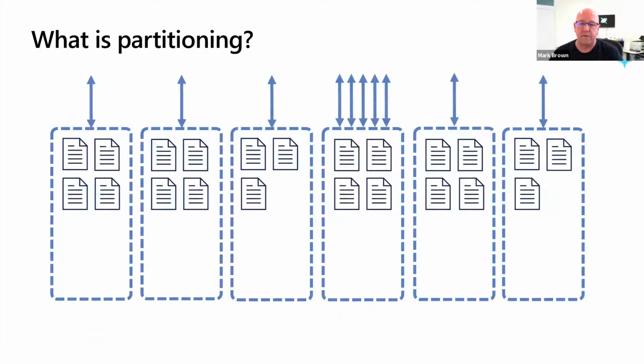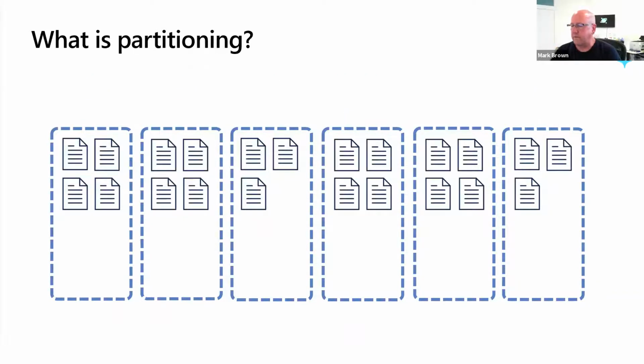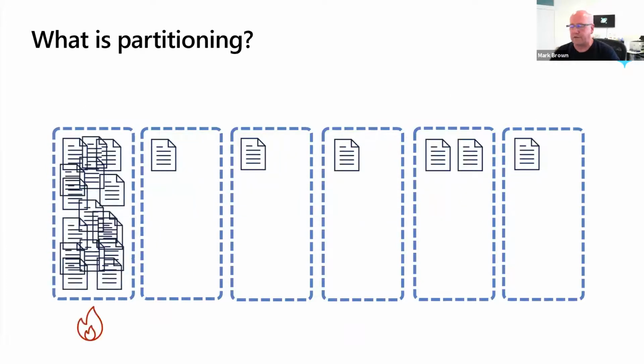So if your requests hit the same logical partition, this is also going to be a bottleneck and it's going to limit the overall scalability of your model. Now, let me back up a little bit. If you end up with a hot partition on storage, eventually this is going to fill up and it won't be able to take any more data into that logical partition. So just from a pure storage standpoint, it makes sense to distribute your data as you do writes across these